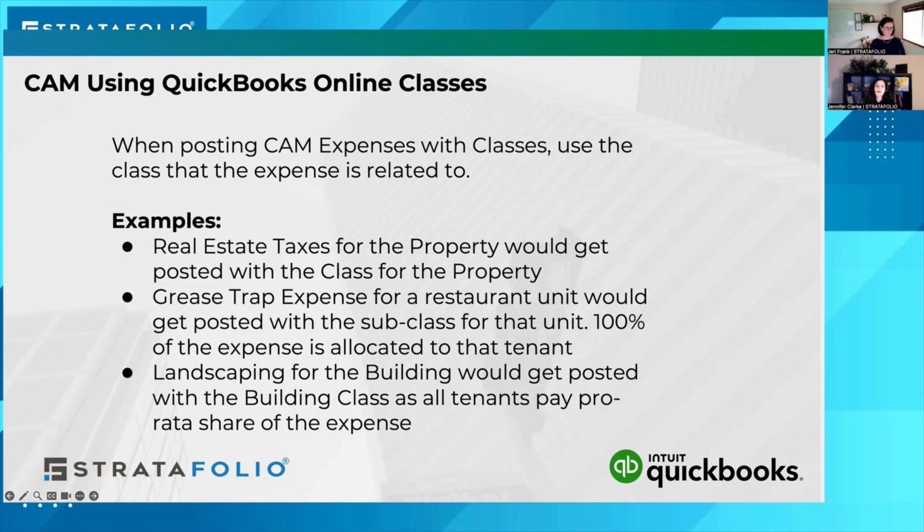And if there's only one restaurant, then they should be paying 100% of that expense. So setting up a class for that down to the unit level will get it to go just to that one tenant. And then landscaping or a separately metered electric bill could be utilized for a building level